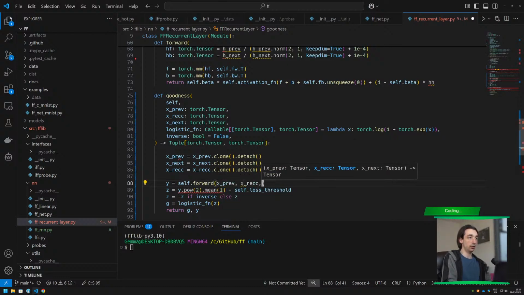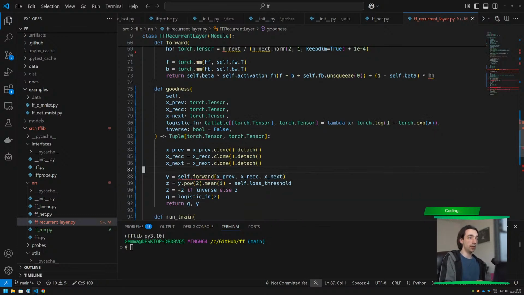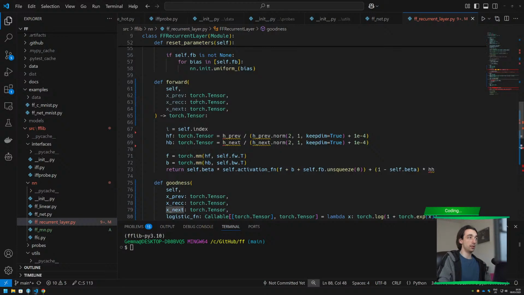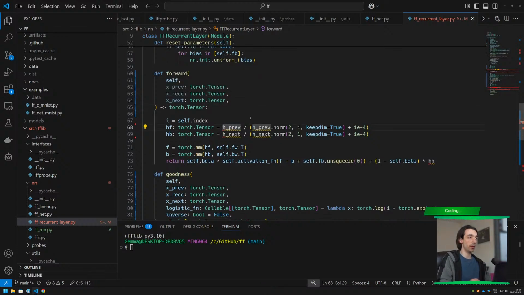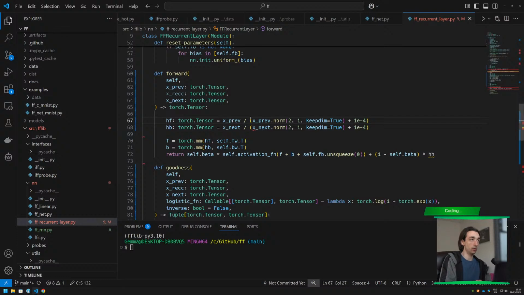h recurrent, h next. Since recurrent is in the middle, it does make sense. The forward accepts these three things and returns a value. Okay, so now I can just do this. Since I'm forwarding something, I don't think I should be able to detach. Okay, and then there's this